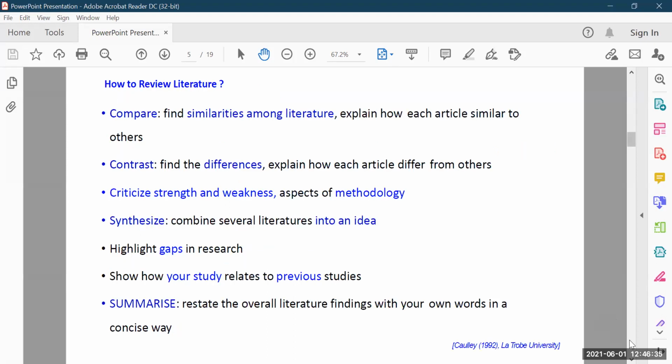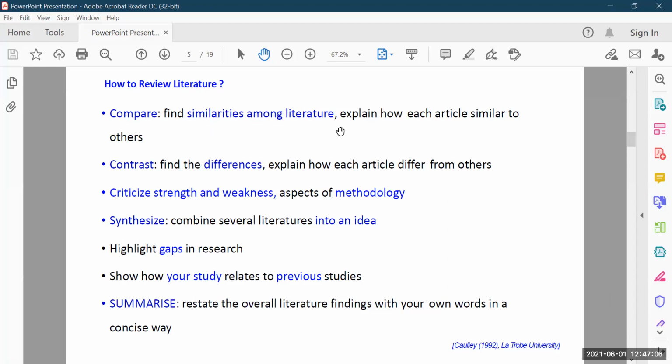How to do the literature review. Let's say you have downloaded the papers relevant to your work. Now start reading them. During the reading, you are supposed to make some notes and some comparisons. You have to be analytical, right? So the first step is compare. Compare, and find the similarity among the literature.